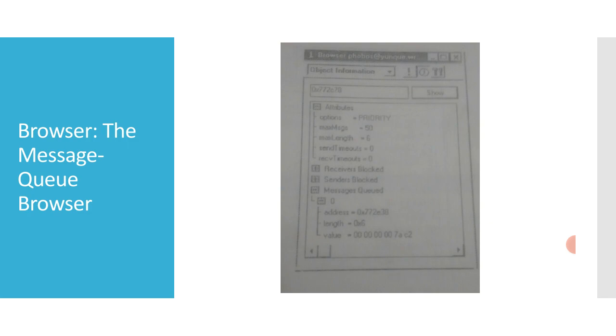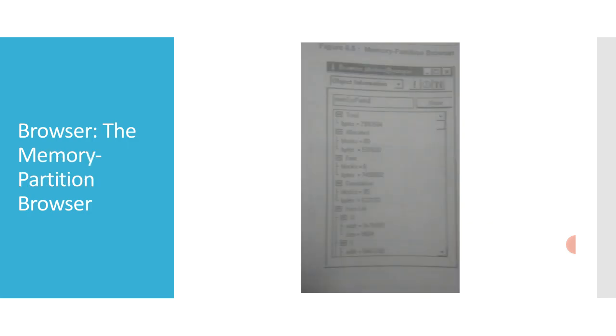Then later on we'll move on to the memory partition browser. This is how it appears. This specialized browser window shows the VxWorks system memory partition, that is MEMSYSPARTID. By default, the memory partition browser displays the following.